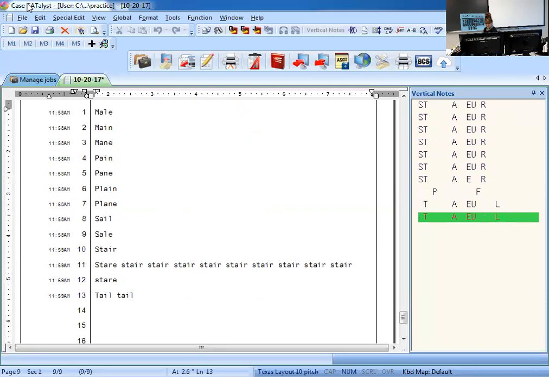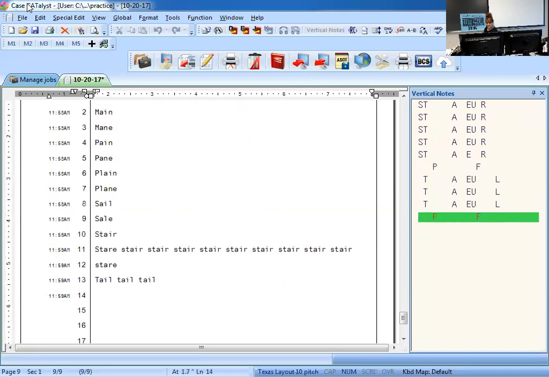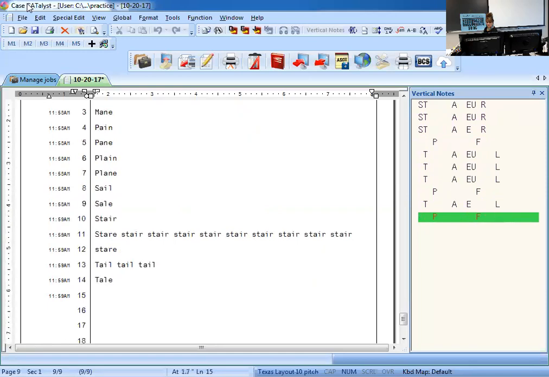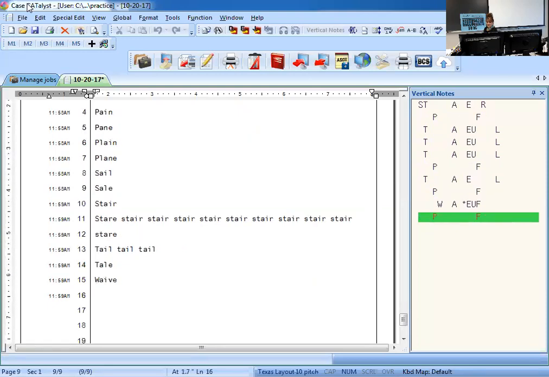Tail, as in animal's tail, T long A-L. Tail, as in a story, T-A-E-L. Wave, as in wave your rights, W long A-V. And then I was waving to him, W-A-E-V. Make sure you put the F asterisk, okay? As in wave goodbye. Then it says on the bottom there, if there are 3 or more words in a